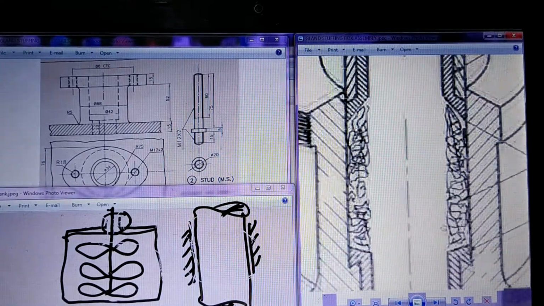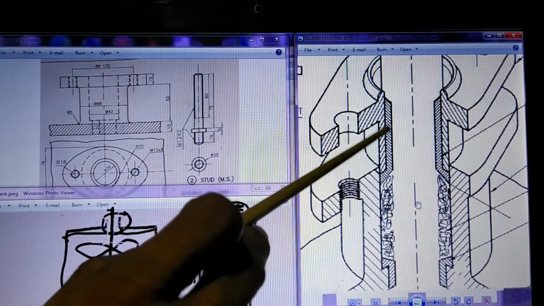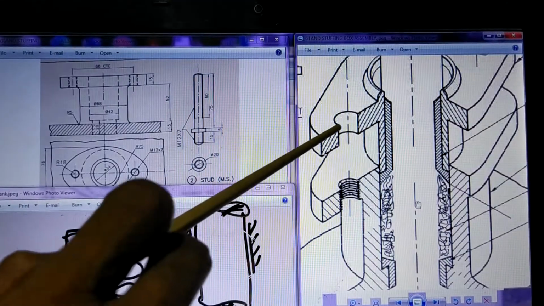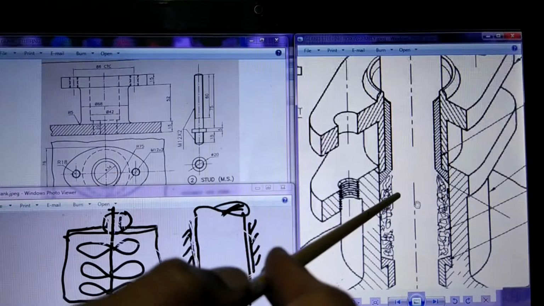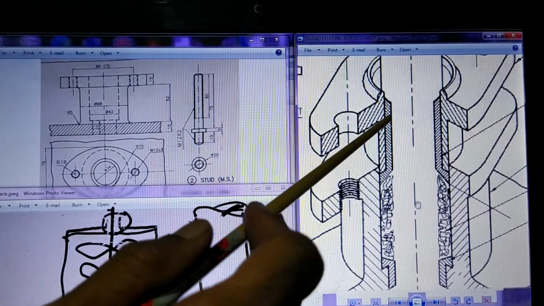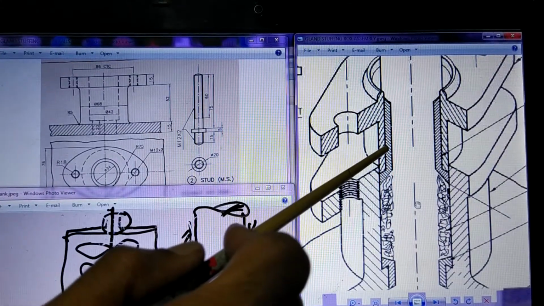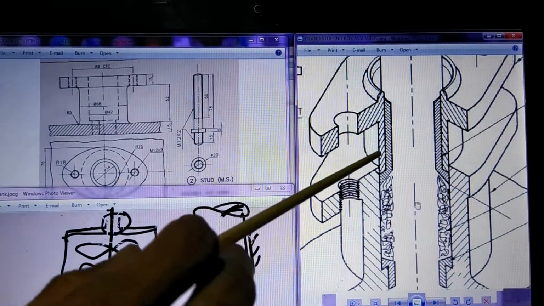Now see what happens on the upper side. For the same shaft, on the upper side there is one more bush fitted. But where is this bush fitted? This bush is fitted on another part here. So in this part, from below, this bush is fitted and it is stopping at this tip, so that when it is fitted from below, it will not go above this position because it is stopped here by the step. So on this part, one bush is fitted inverted, and on this part, another bush is fitted vertically down. So there are two bushes exactly opposite of each other, fitted on two different parts.